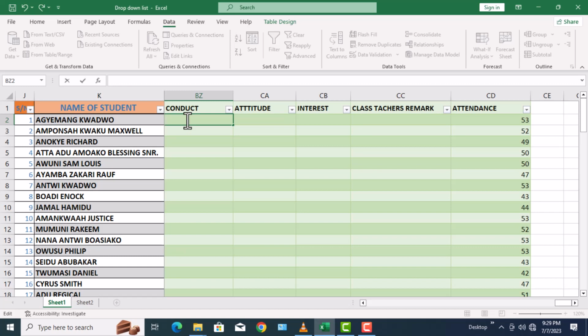But in this case, we would want to have a drop-down list from which the user will need to select an item from the list that will suit the student, that is the conduct of the student. So in this case, what we need to do is to select a cell in which we want to type the conduct or have the list. So I'll select the cell, then I'll go to